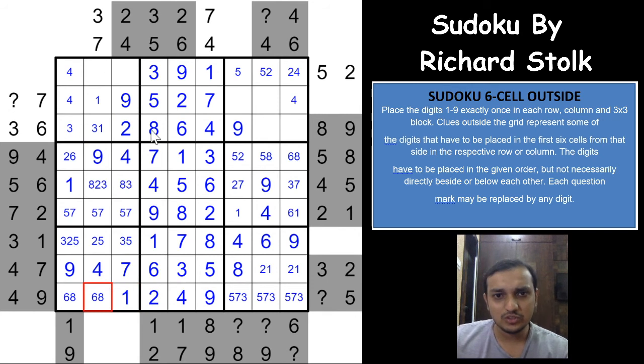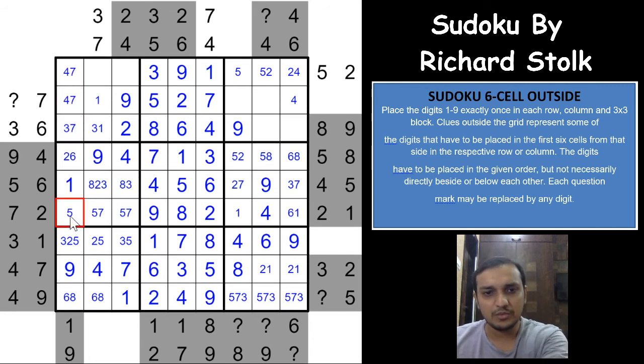Okay, so this was the most important breaking, I think. I'm not sure if there is something else. Okay, so a 7 cannot be in any of these two cells. A 7 cannot be here. A 7 cannot be here. So 7 would have to be in one of these three cells, right? That eliminates 7 from here and 7 from here. So this cell would have to be a 7 now. Excellent. Excellent. 1 3 4 7 2 9 6 8 and 5.